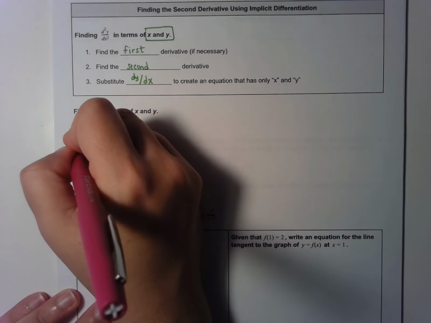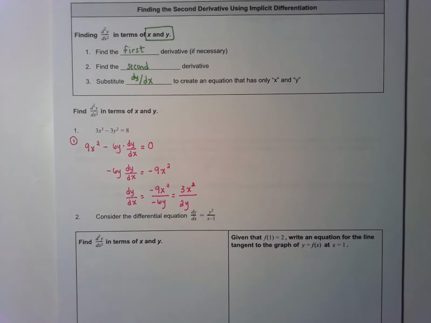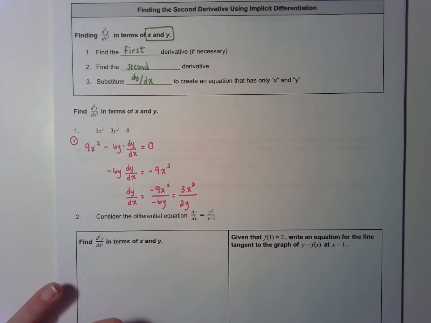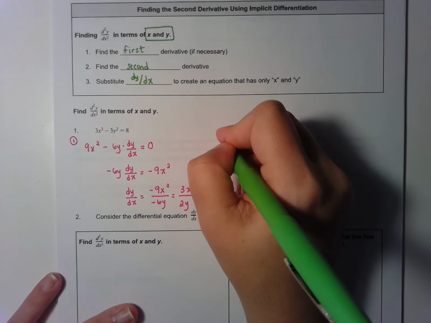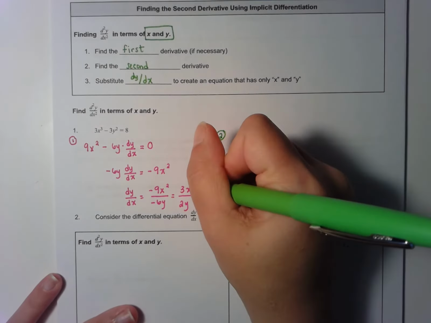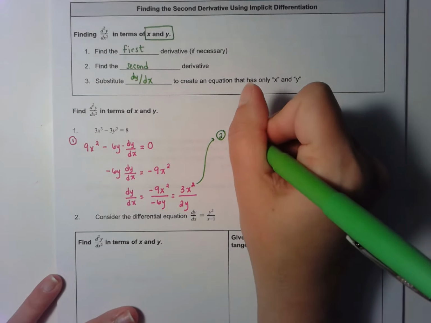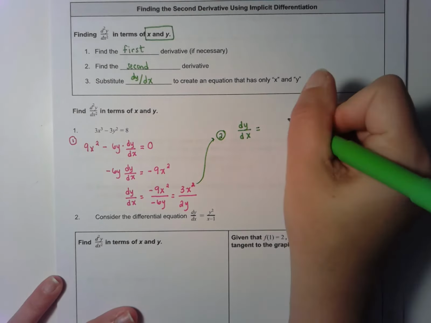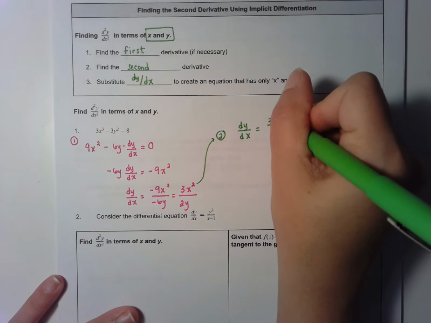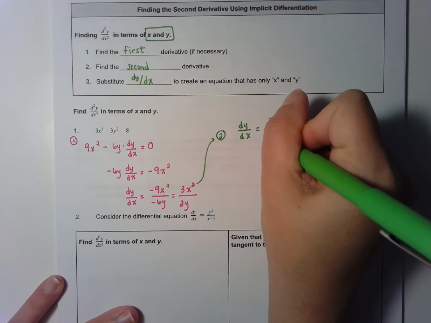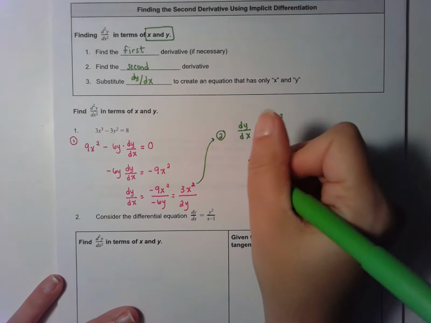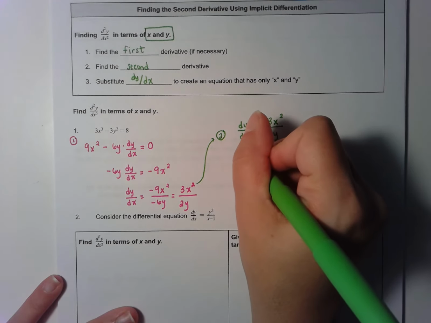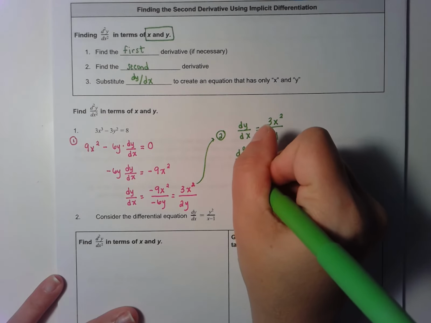That's kind of like step 1 of the process. Step 2 of the process is going to be to find the second derivative. So now we're going to start with this problem. So we know that dy over dx, the first derivative, is 3x squared over 2y. The second derivative, so d squared y over dx squared, is going to be,